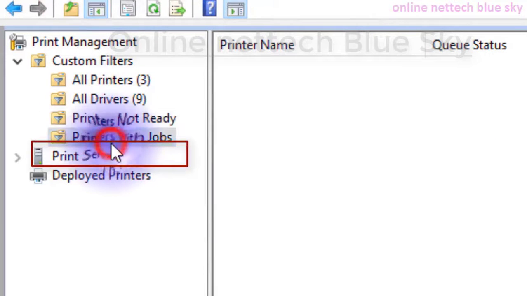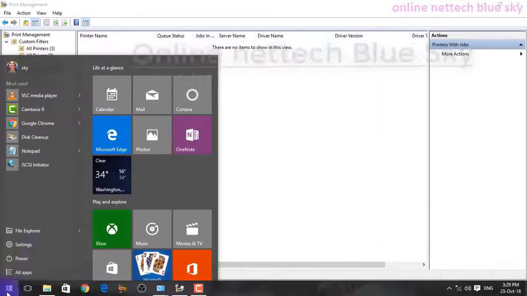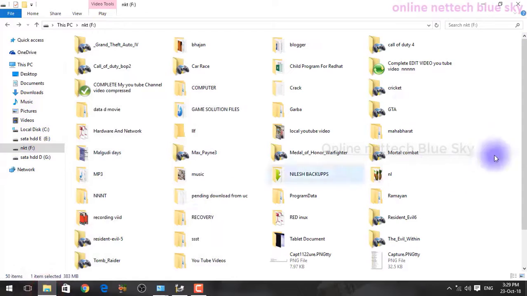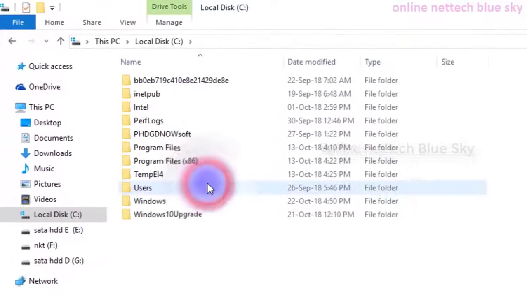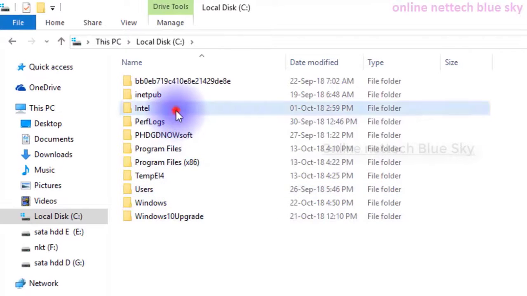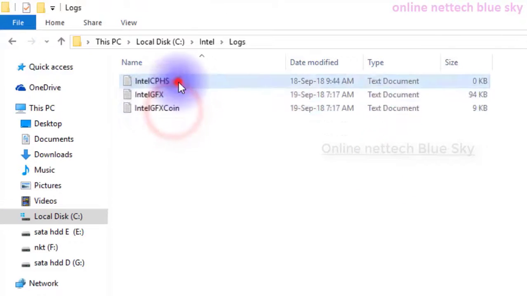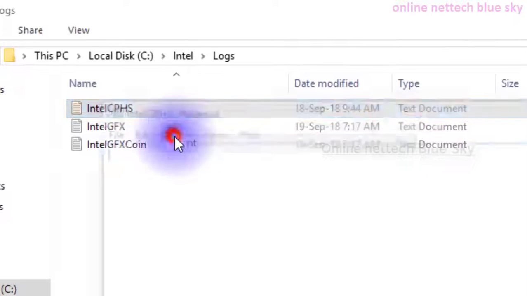And printers with jobs means I have not given any files to print. So you can see here I'm just showing you. First I go to my main computer partition, and you can see here all my drivers, and this type I will print here.